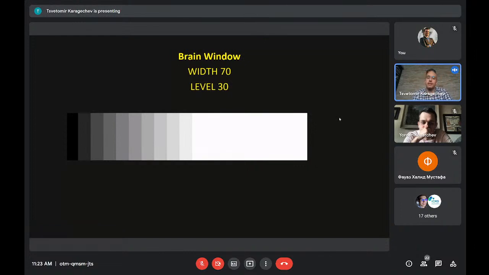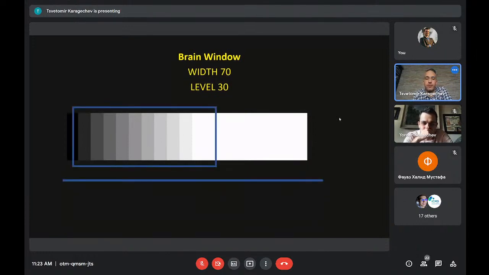And I will show you some examples to better understand what I mean, because as you later see, this is really important. So we have the default brain window, the width, and the range of CT numbers between 0 and 70. White and gray matter are really here in the middle. So as you remember, they're around 30 to 40, and that's why we chose this level. What is the problem here?